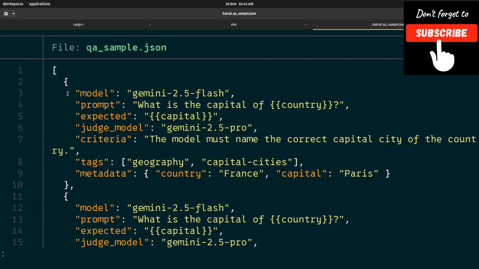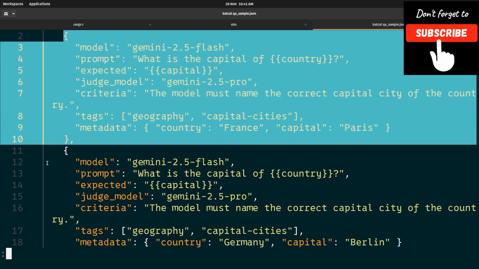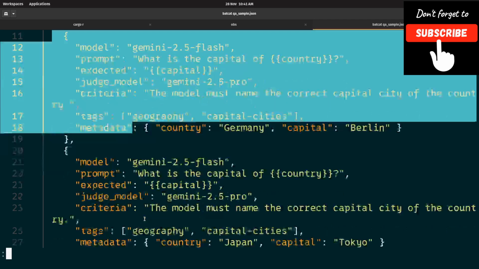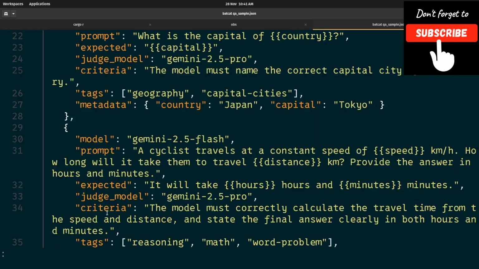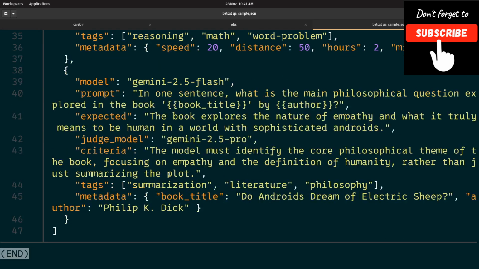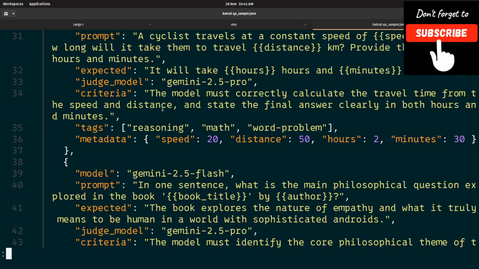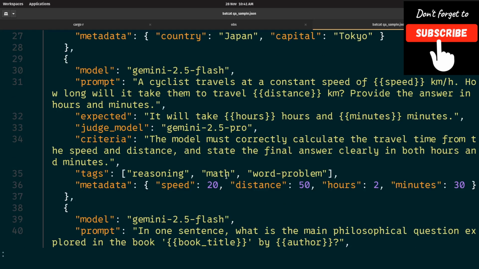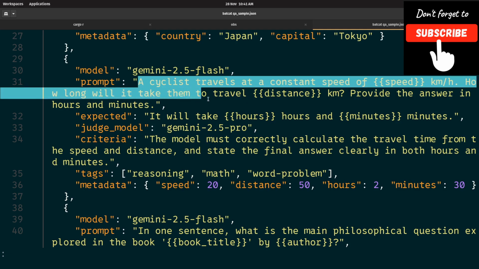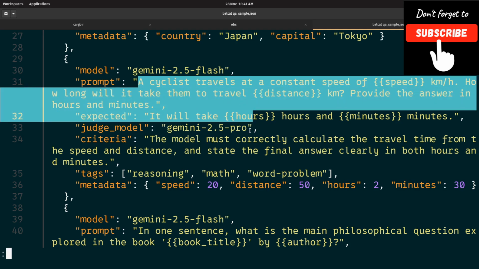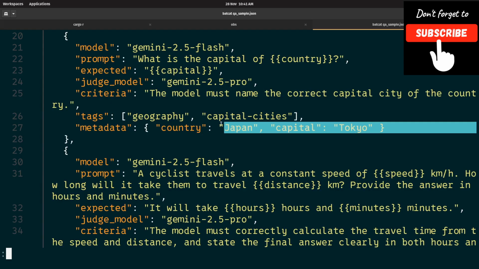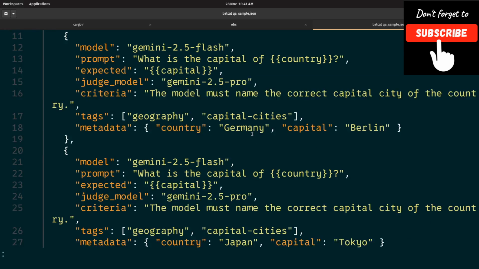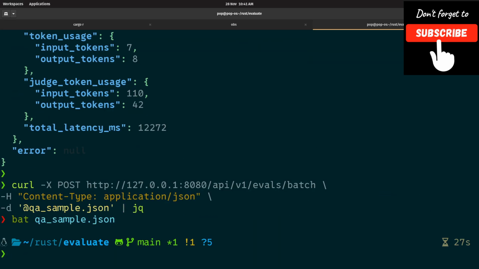There you can see it's got 1, 2, 3, 4, 5. I think it's 5 questions in there. Different ones: talking about a book, a math question about how long it takes to cycle somewhere, a question about Japan, and Germany. So if we run that,